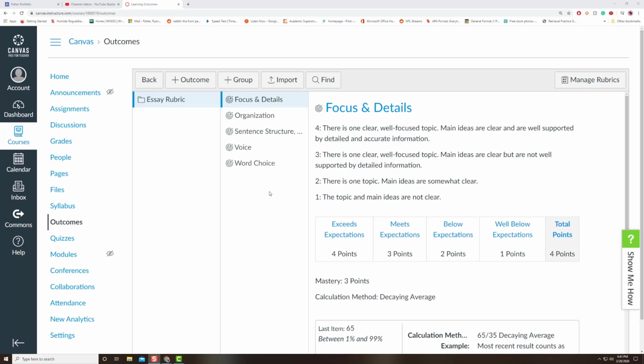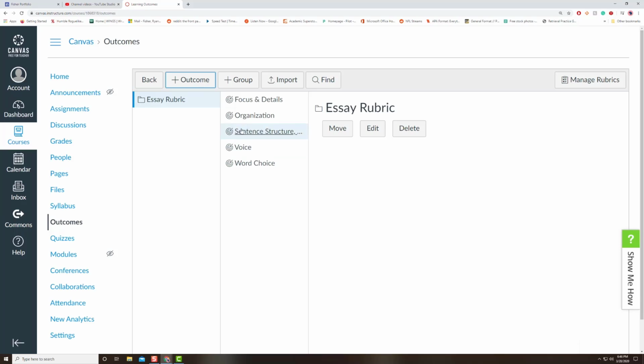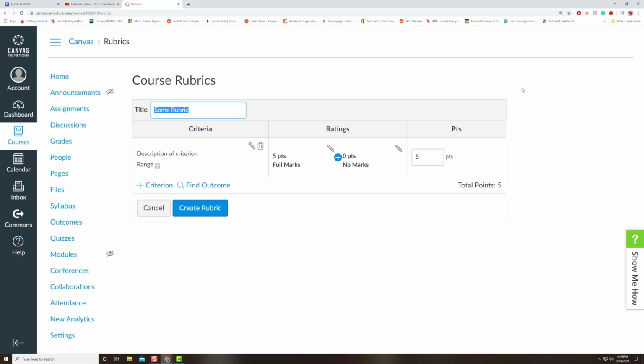Alright, now I have the rest of the rubric finished. As you can see, I have my different outcomes from the rest of my rubric right here, and I have included them all into a group, which you can create by pressing the plus group button up top here. But that is not as necessary right now. So I have all 5 of my outcomes created. What I want to do now is go to Manage Rubrics. And I want to click Add Rubric, and I want to title this. So since this is an essay rubric, I'll just title it Essay